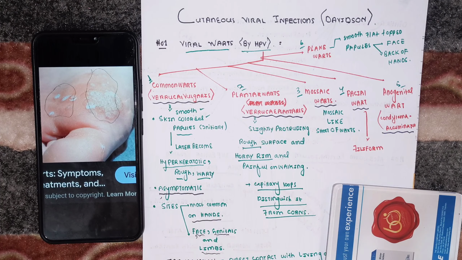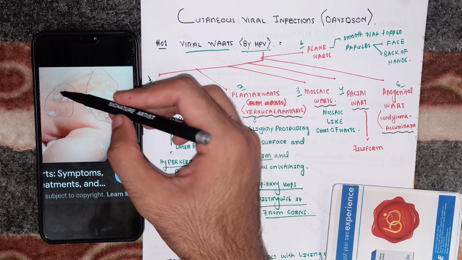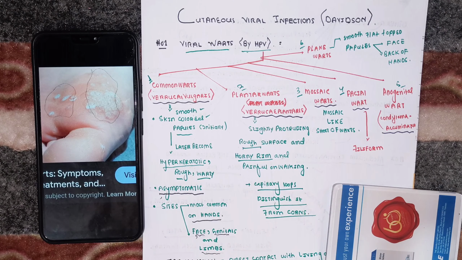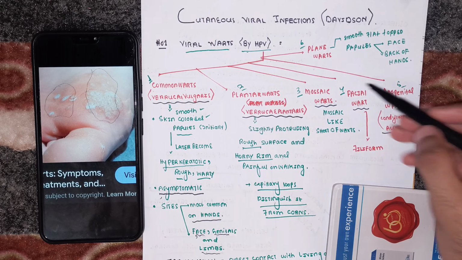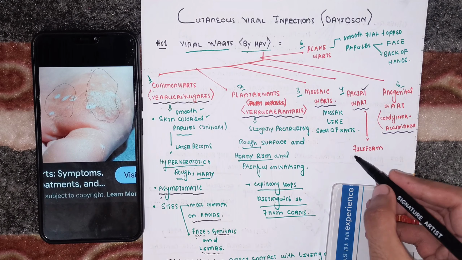Okay. So mosaic warts are like this. Mosaic, like a sheet of warts. This is a mosaic-like sheet of warts. Okay, so this is mosaic wart. And then is facial wart. Facial warts appear on your face and they kind of disturb your cosmetics, and they are also called filiform